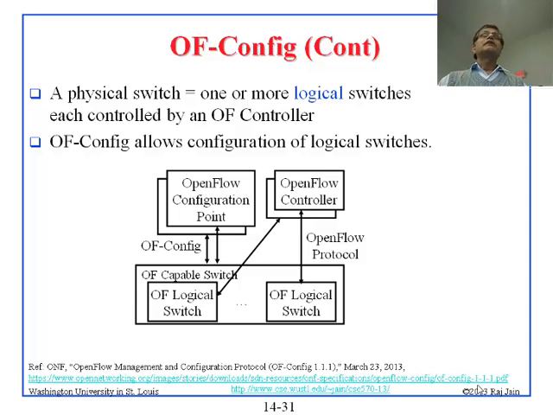All right. So everybody understands north, south, east, and west? Okay. Northbound is the API that you speak to the controller from, so the one that you use to program the controller. Southbound is the API that the controller speaks to talk to the switch. East and west, actually they're combined. East and west is the API that the controllers will speak to each other.